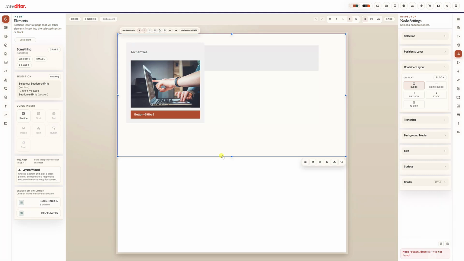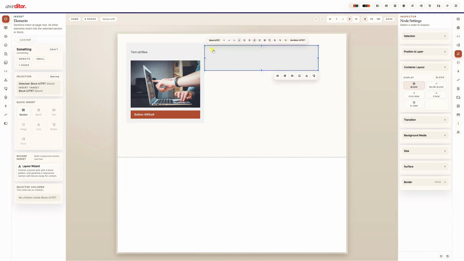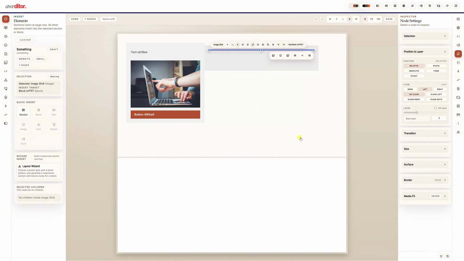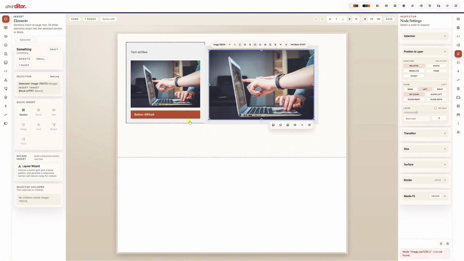So wherever you begin a new part of a page in Primel, ask yourself, do I need a new section? Or do I need a new block inside the current section? So this could be a 2-panel side that is going to host a text, image, and a button. And this can hold text or an image. So for example, let's put an image in this. And then we'll probably,